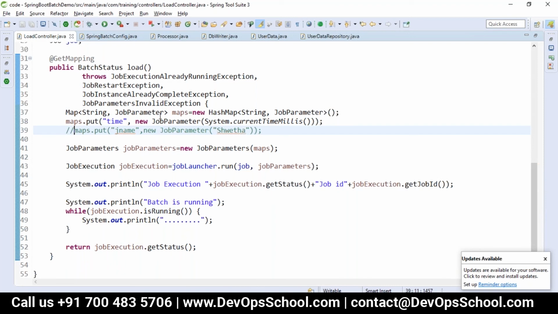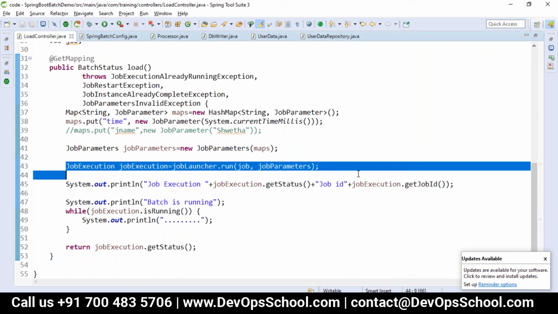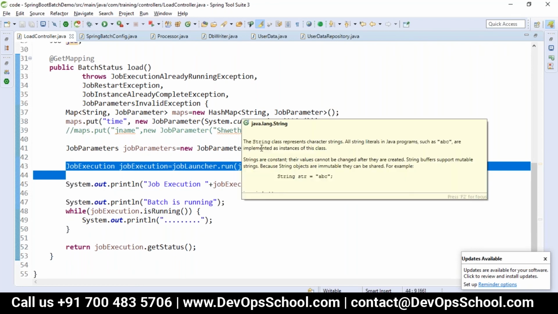Then the job parameters we have to add to your job launcher, because for batch processing, from the job repository, we have to launch the job. For that, we are using the job launcher run method, which takes a job with a job parameter. Then this job execution will be launched here. That is what we have done.